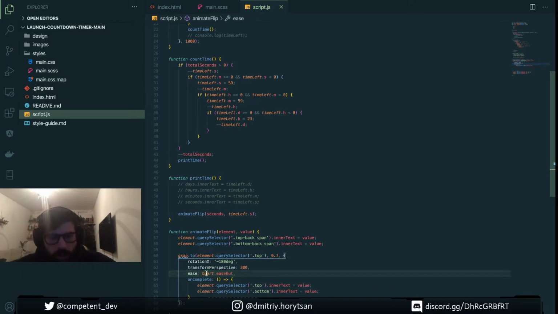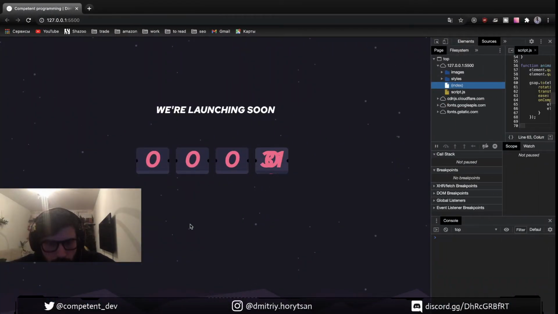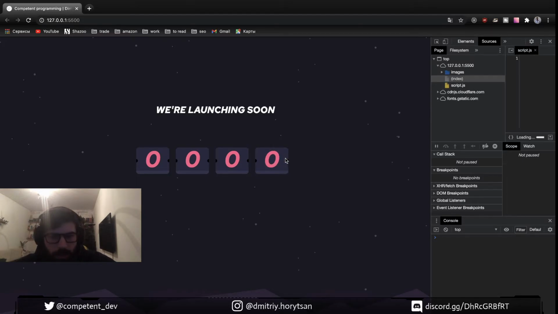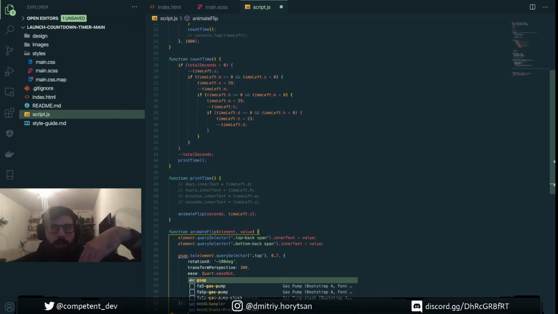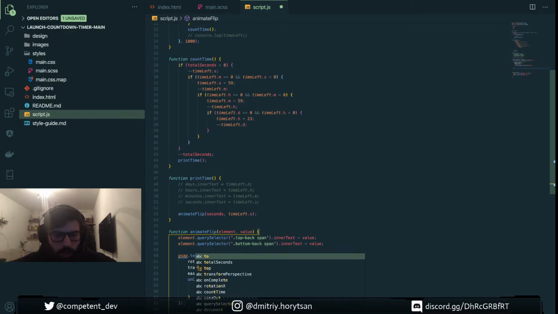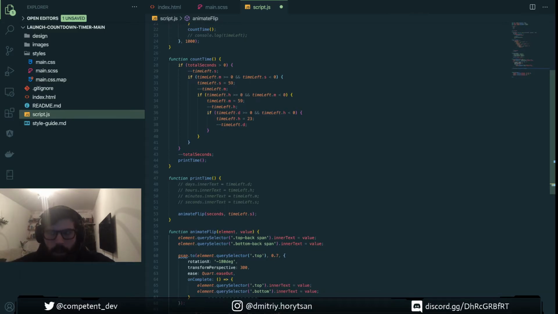Also, Clark is another thing that's related with flip animation already happening, but it takes time. That's good news for us. Let's add another GSAP animation to the final part of animation. So we're gonna do it for element, query selector, top back, the time 0.7 and